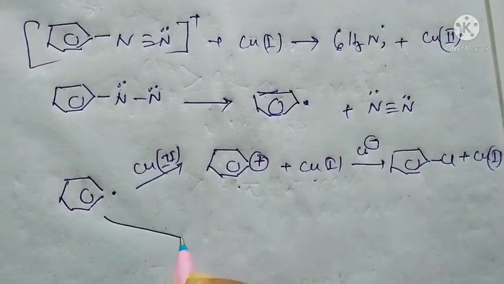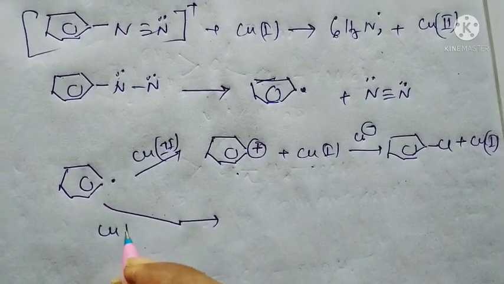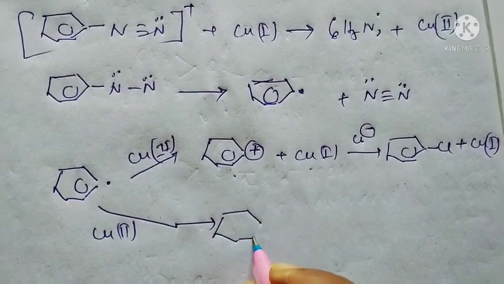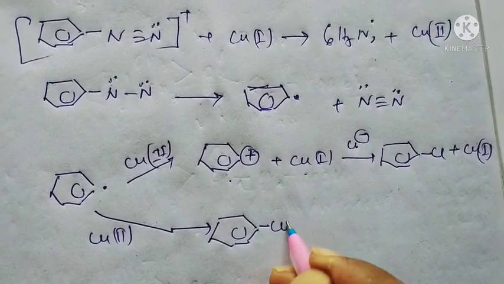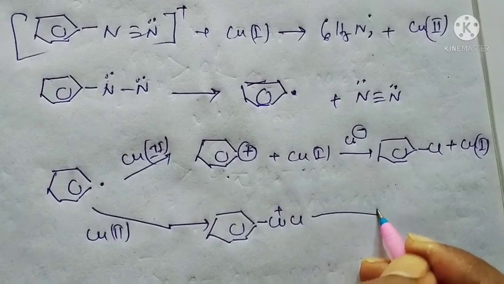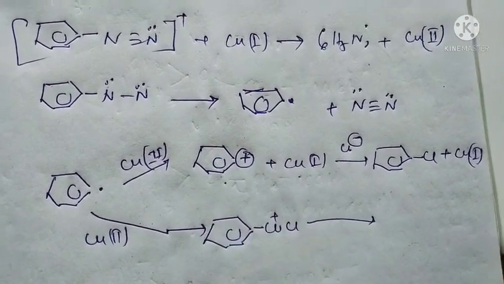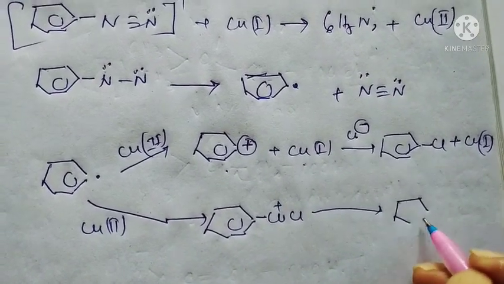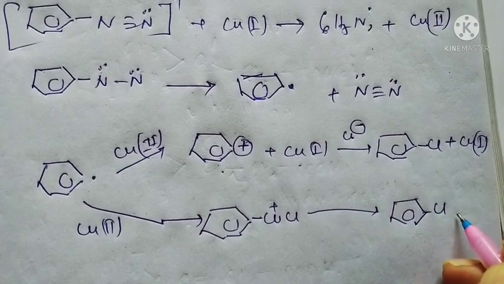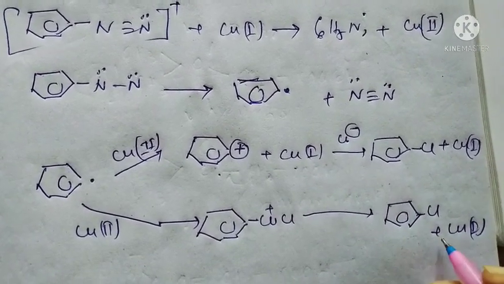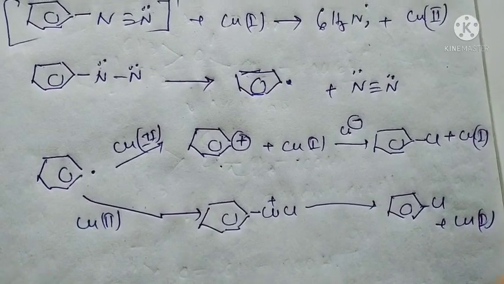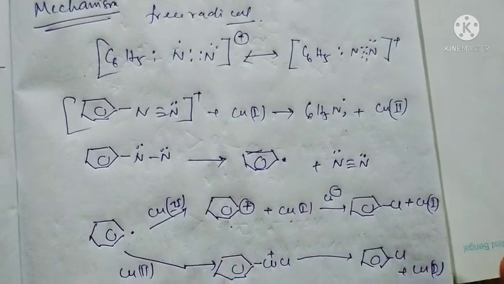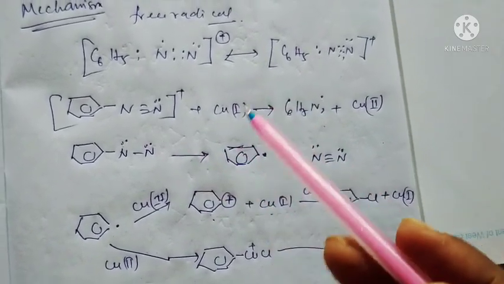ion. And another step, cupric ion, it forms probably this mechanism to form either this one or this one. The reaction mechanism is not settled, I have already told you, to form this chloride and it removes the Cu+ ion. Okay students, so this is basically the probable mechanism that is not settled yet. The Sandmeyer is going through the free radical mechanism.